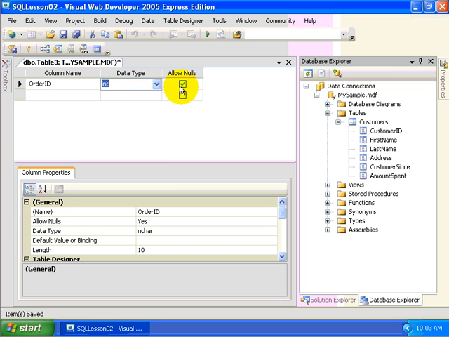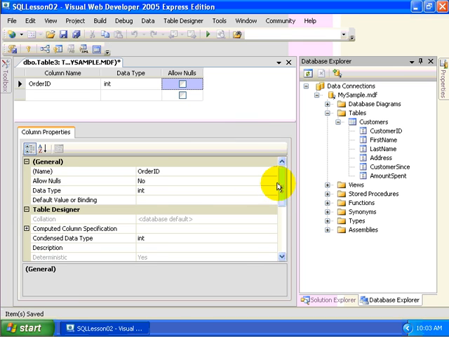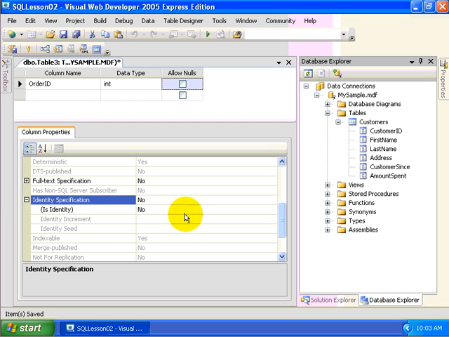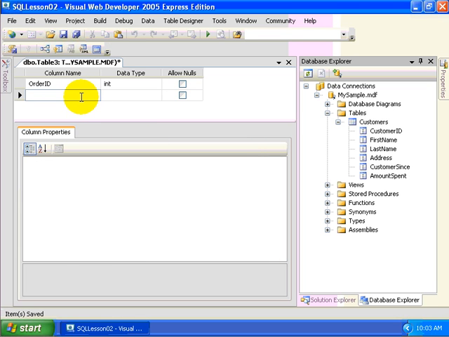We know we want this to be our primary key. Now, our primary key has to have a value in it. It cannot be empty. So I'm going to have to deselect allow nulls. Additionally, we want to use this as our primary key, and as we saw from the previous lesson, that involves us turning on the identity specification. So I'm going to select yes and leave the defaults identity increment and identity seed to 1. Okay, so that should be all that we need to do for the moment with our